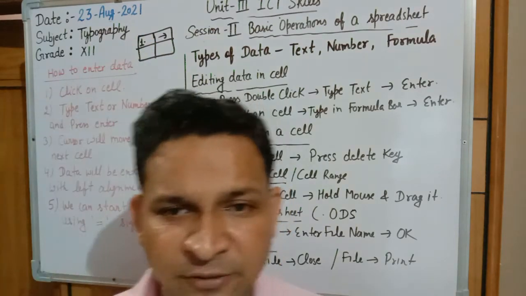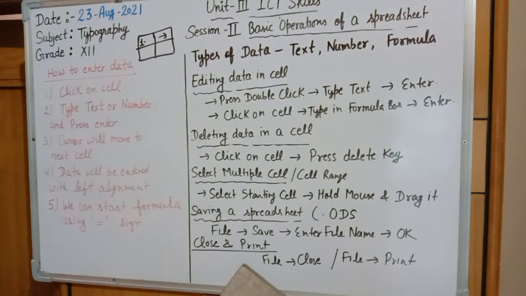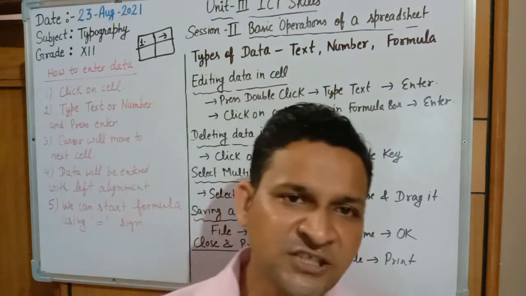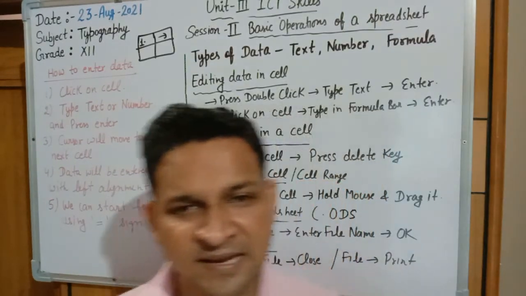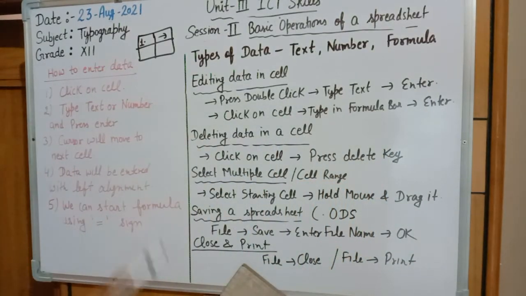If you want to do it on the right side, there is a setting for that also, so we can do it on the right side or maintain it in the center. But justified alignment is not possible in a spreadsheet. So we can adjust data on the left side, right side and center position. And by default it is the left side.